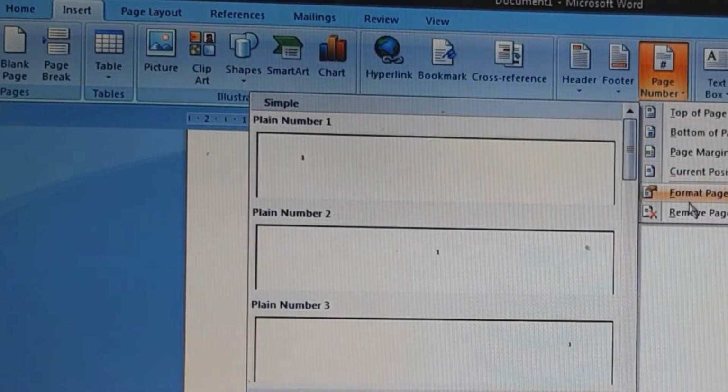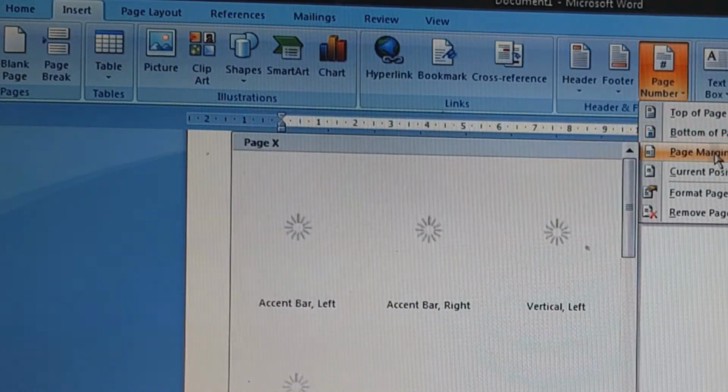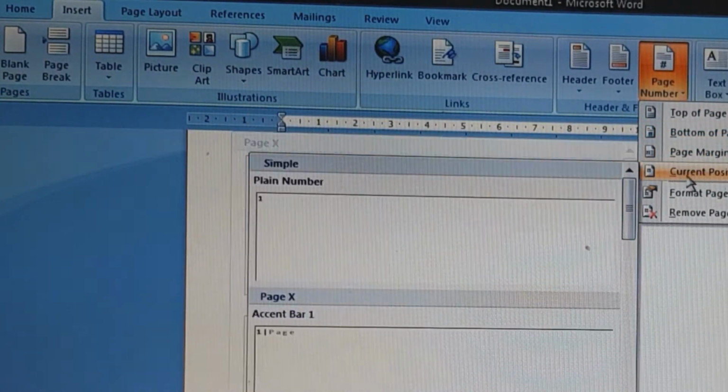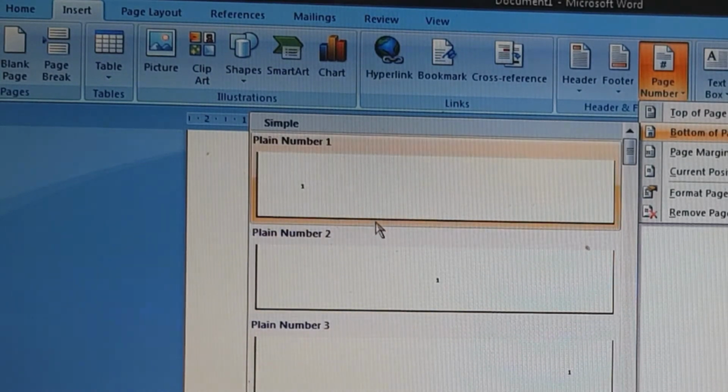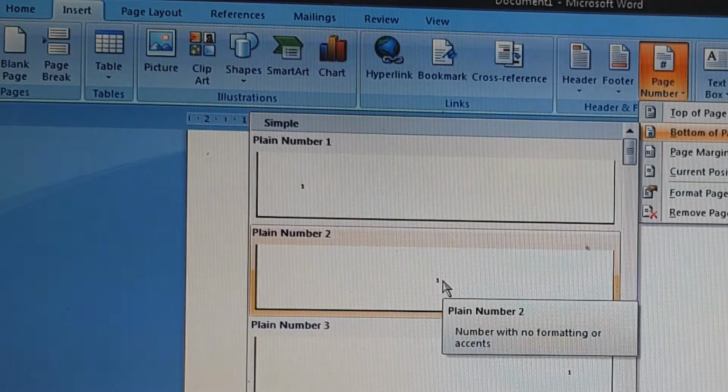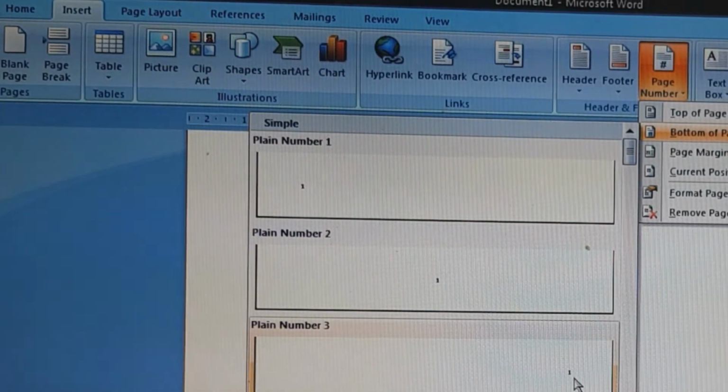You will, children, get a list of page numbers where to be placed, like on the top of the page, on the bottom of the page, in the margins, current position, etc. So here, children, when I say at the bottom, it will again display a list that where in the bottom, like in the left, in the middle of the page, in the right side of the page, where you want your page number to be written.